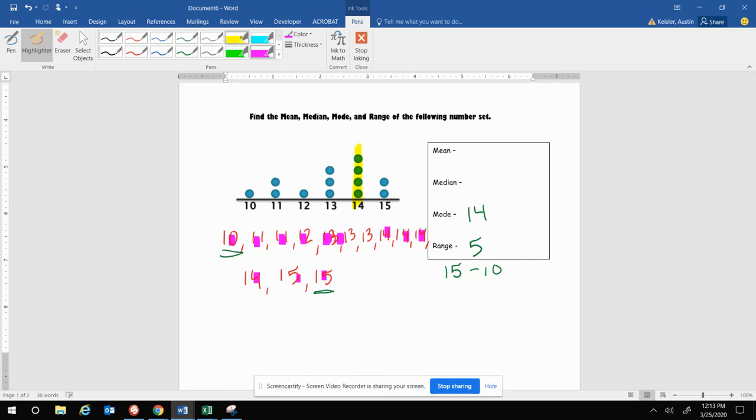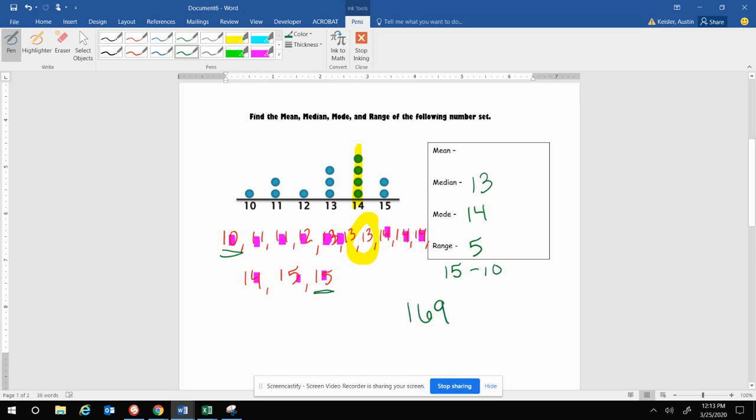And I only have one number in the middle right here. That is 13. So my middle number of this set is 13. And then if I want to find the mean, I'm going to have to add all these numbers up. That's a lot of numbers, and I don't want to take a lot of time on the video. So I will tell you, when I add all these numbers up, I get